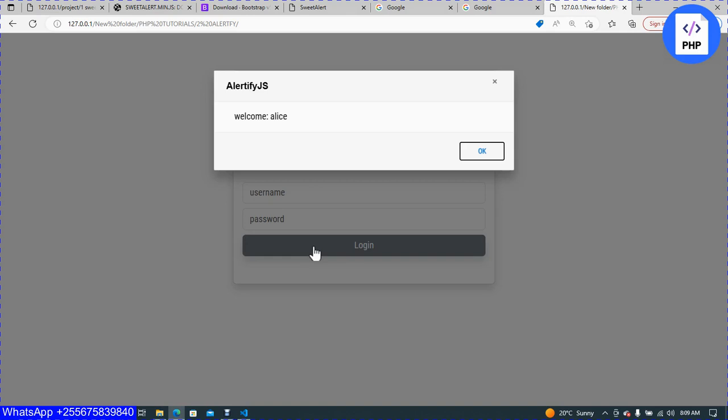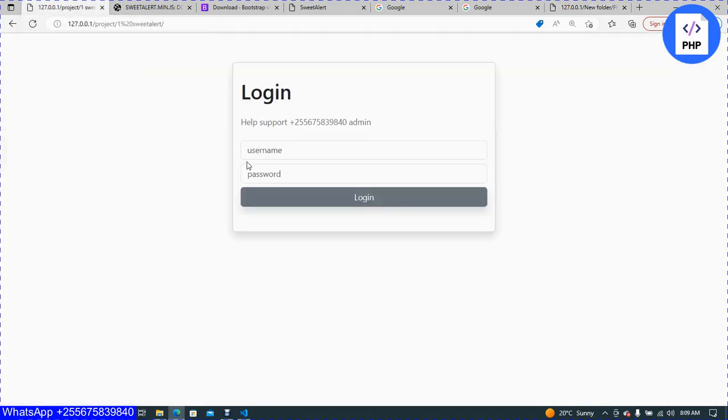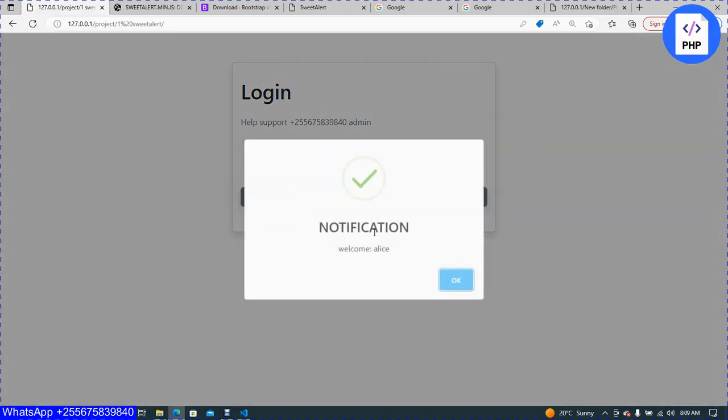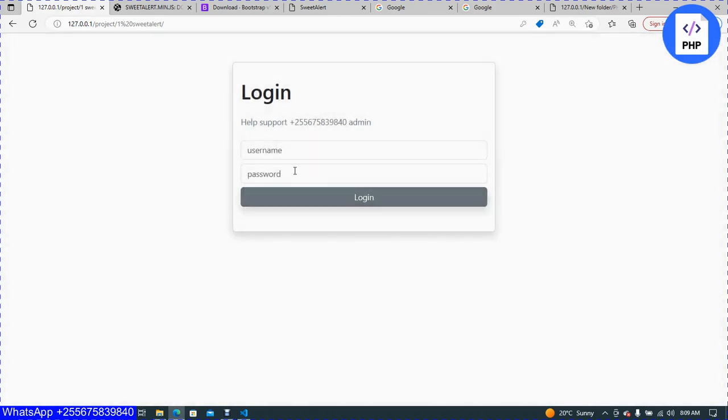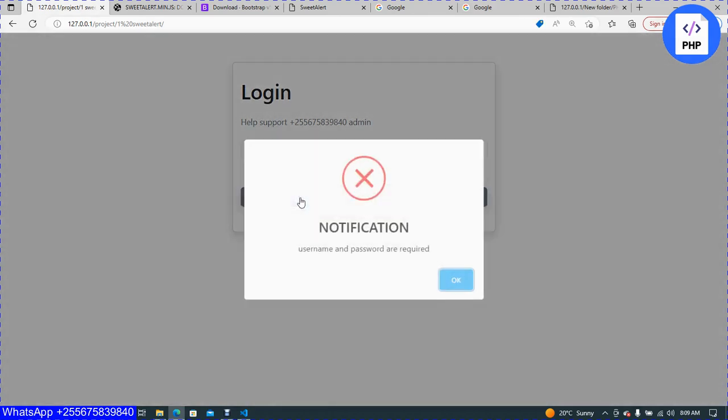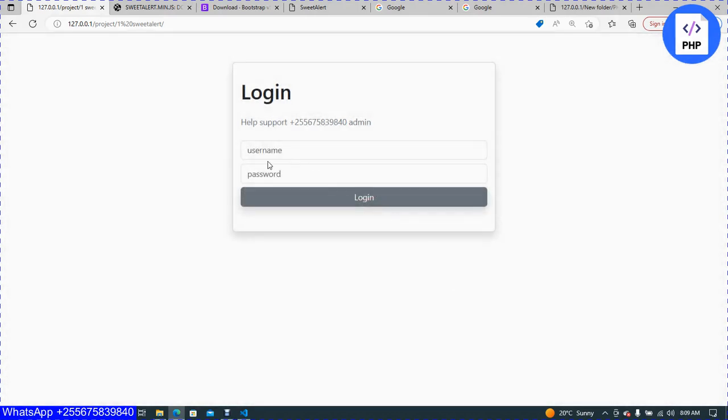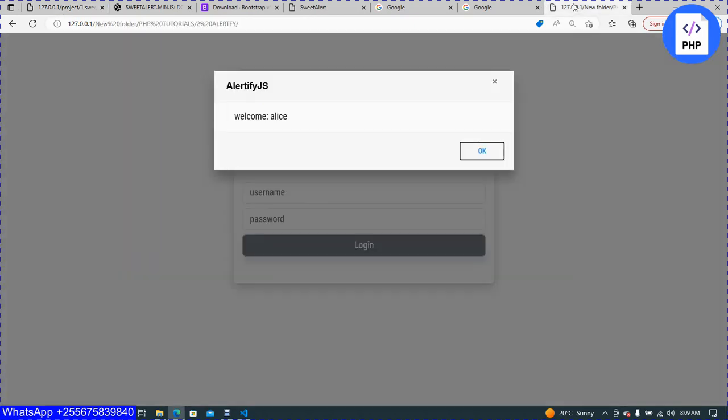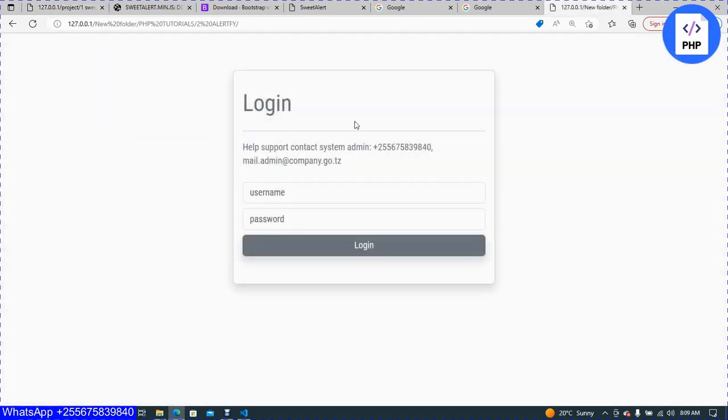Okay, so hii ni episode number 2. So episode number 1 tuliona namna kutumia sweetalert open source library. For example, username is Alice, and password is 1234. When I click login, you can see notification dialog, welcome Alice. And when username and password are empty, click login, and notification error, username and password are required. So hii ni episode number 1. And episode number 2, tunaona kutumia library ya